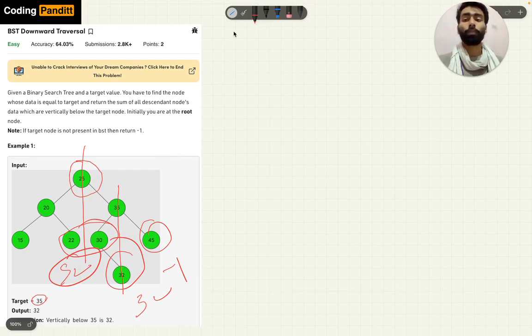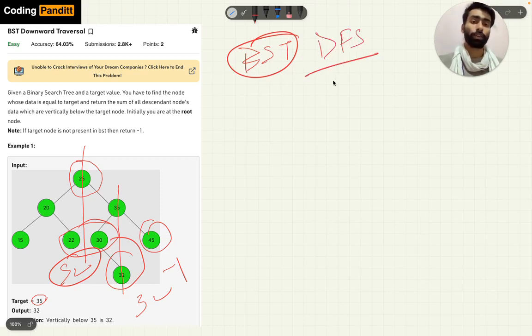So how will we find the solution for a BST? We have two kinds of traversals, DFS and BFS. In DFS, we go downward first.